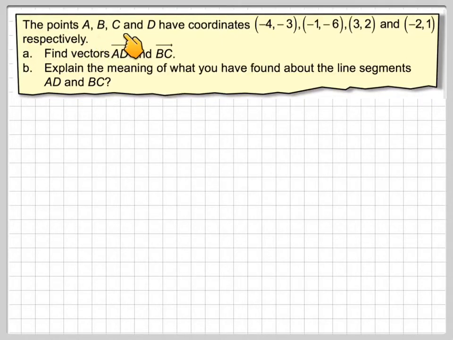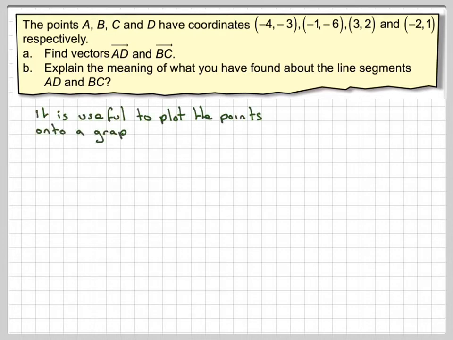Points A, B, C and D have coordinates (-4, -3), (-1, -6), (3, 2) and (-2, 1) respectively. Find the vectors AD and BC and explain the meaning of what you have found about the line segments AD and BC. Now the first thing you should really do is, it's very useful to plot the points onto a